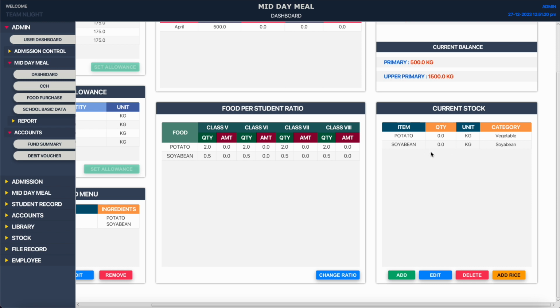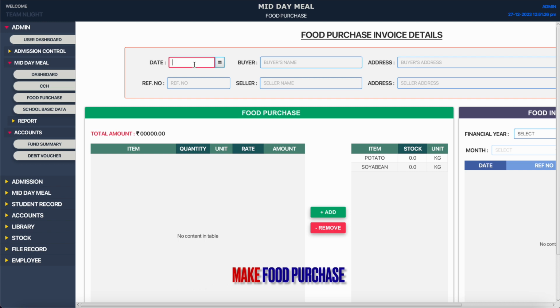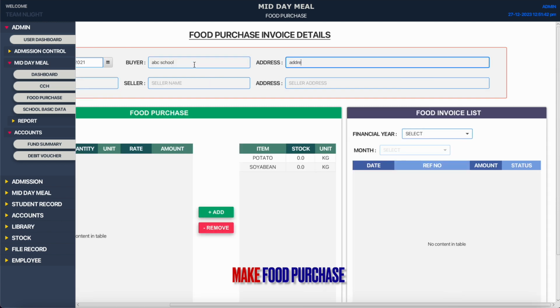Since our current stock is 0, we need to purchase food. To purchase food, click food purchase, enter the date of purchase, enter the buyer, which is the school itself, so enter the school name, address of the school,